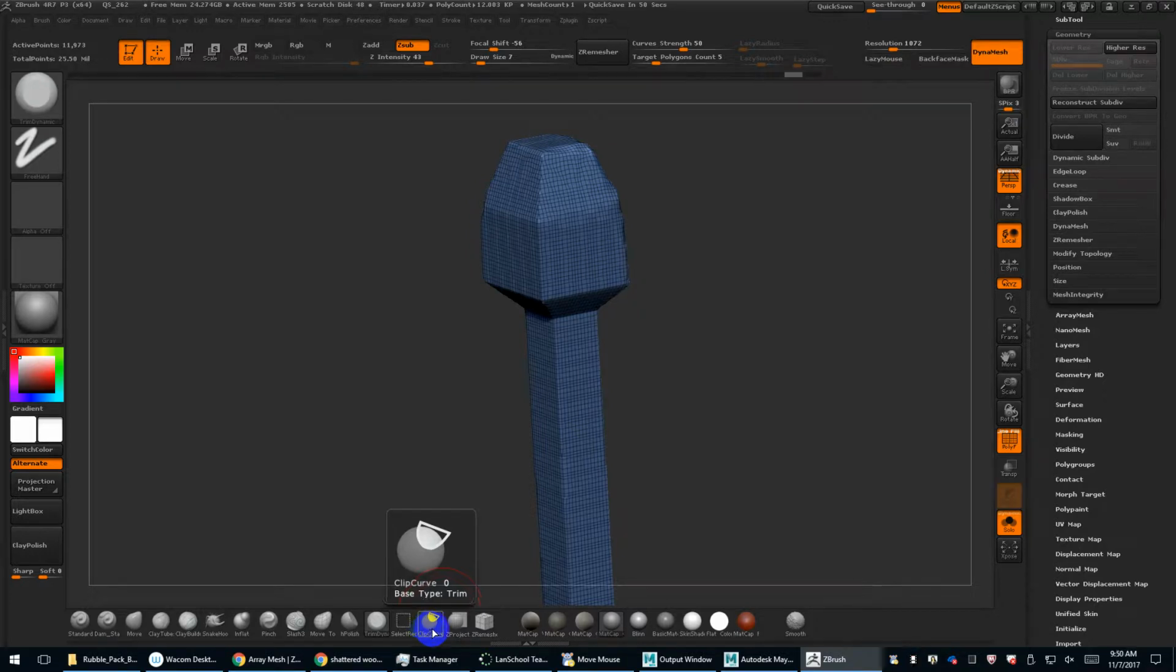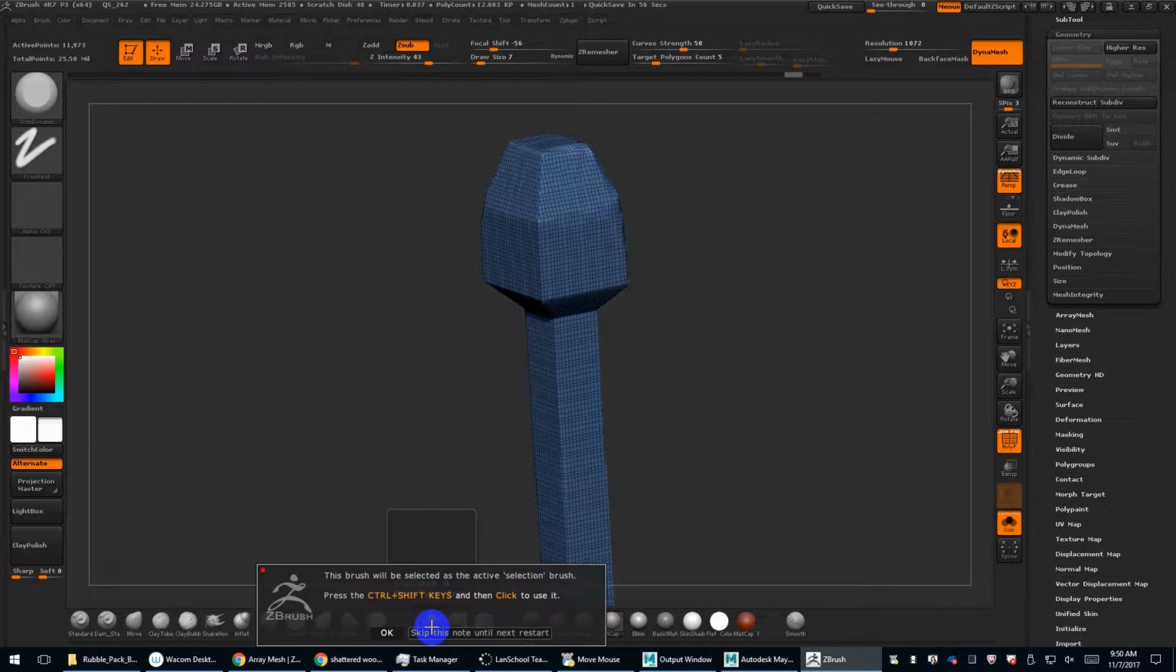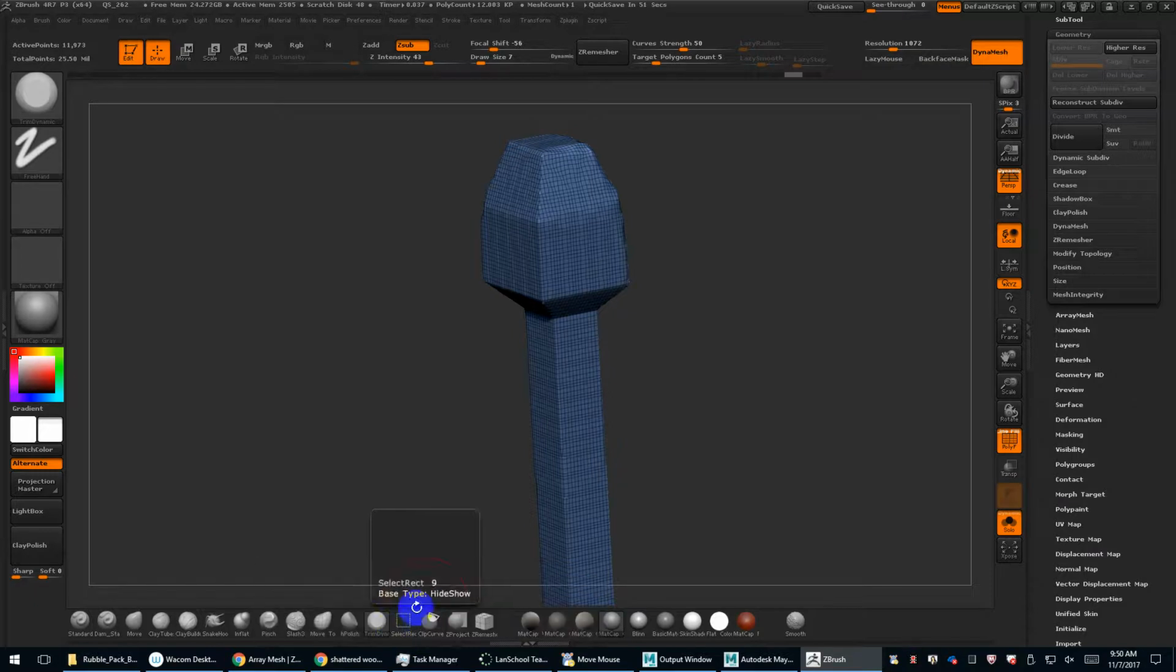So the first tool I want to show you, which is kind of a standard that I use for concept work, is called Clip Curve. What happens when you click on Clip Curve is that it says the brush selected will be the active quote-unquote selection brush, meaning that when you hold Control-Shift, this will now be the brush that loads instead of the selection tool, right? So instead of getting that green selection area, the red,